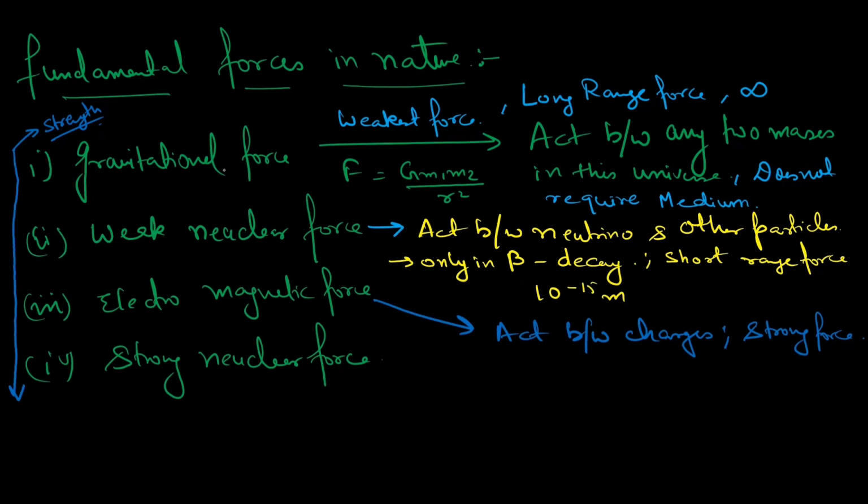Electromagnetic force we will talk about. This is again a long range force. In this name there is a nucleus. The nucleus is small, so this is a short range force, and it acts at nuclear distances. At far distances it will not act. The neutrino is a particle that has no mass and no charge. It is known as a ghost particle.